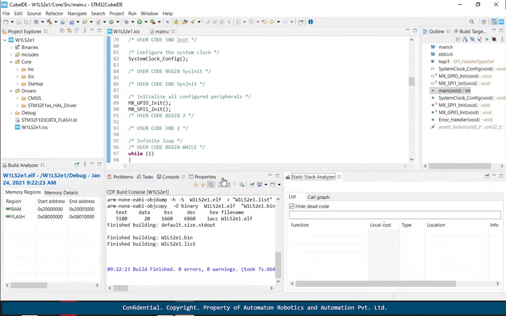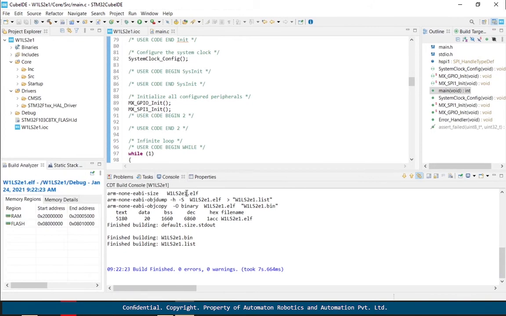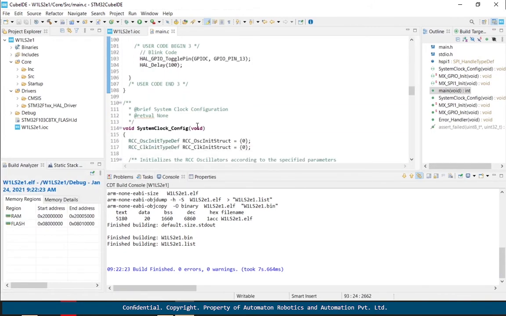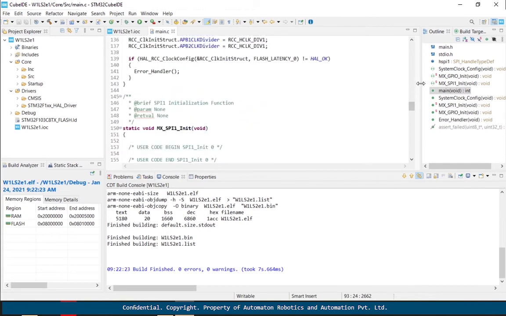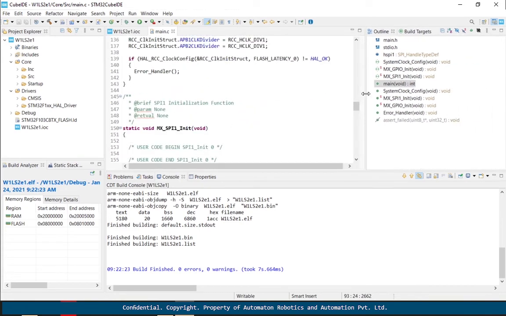So what I'm doing now is I'm changing the view of my perspective. If you want to move around stuff, you can do that, and if you want to keep the same perspective, you can just switch back to default. On the right side, it shows you all the helping functions and the functions that are included within this. And on the left side, you see your project explorer. This is the name of the project,